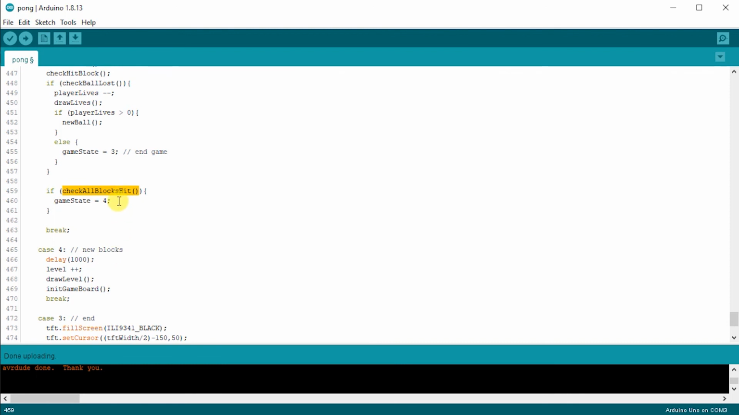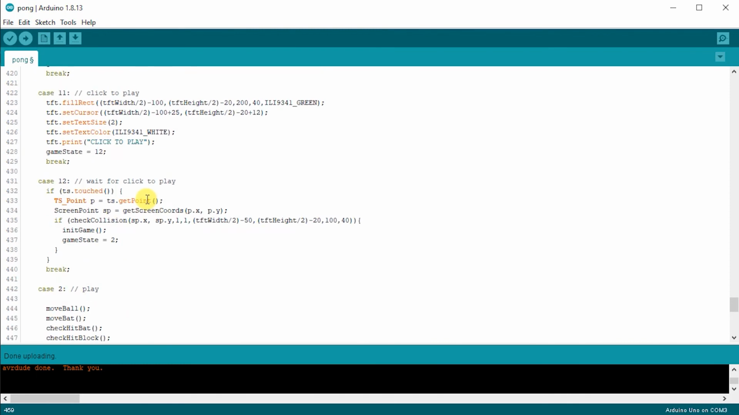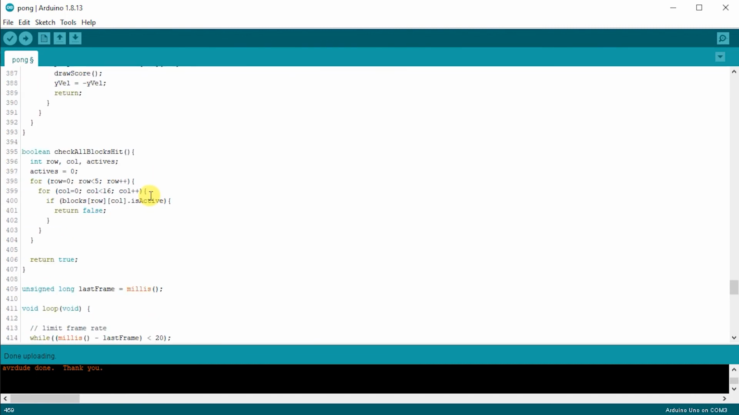But let's then have a look at this new function, check all blocks hit. So if we come up here to have a look at that one. Really all we're doing is counting how many of our blocks are active. Well, actually, we're just looking to see if any of them are active. And as soon as we find an active one, we will return back false. We have here our loop, which is going through our rows, and then each column in each row, checking each of the elements in our blocks array and asking it if it is active. If we find an active one, then we obviously haven't hit all the blocks, so we can return back false